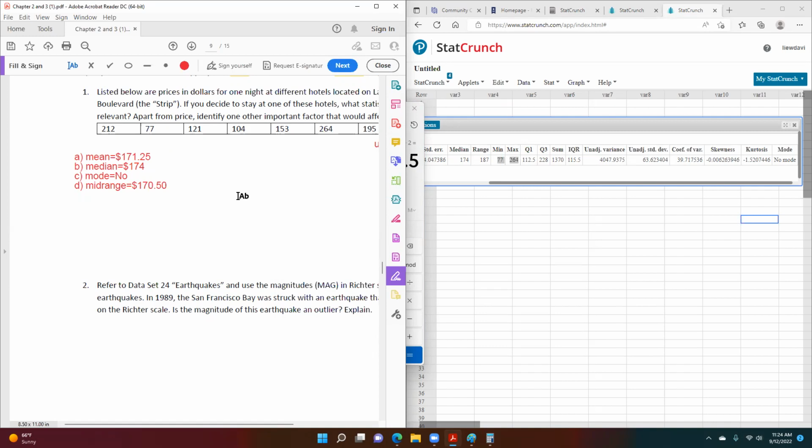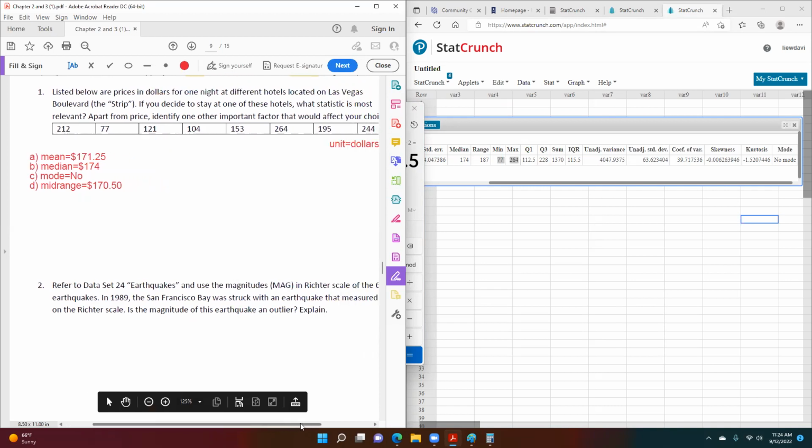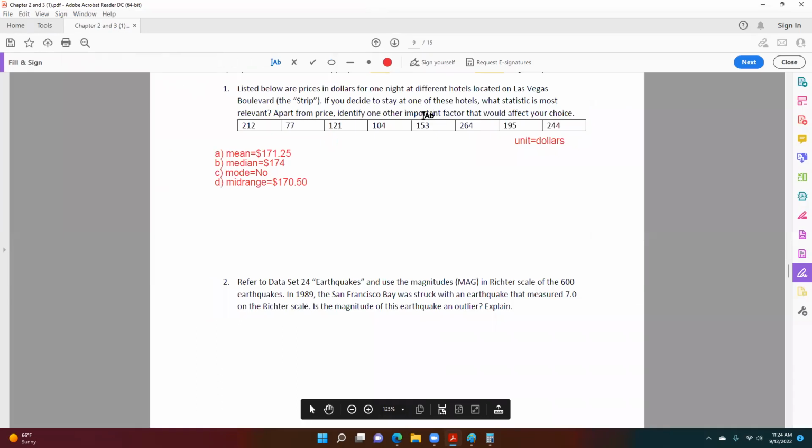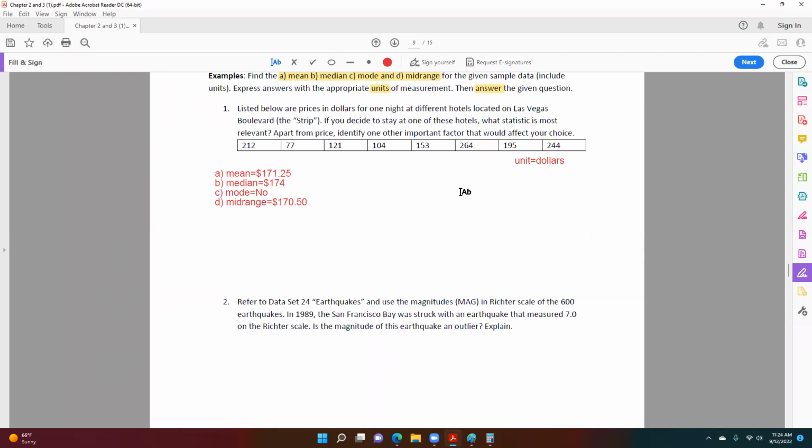And now the question is asking, if you decided to stay at one of these hotels, which one of these 4 statistics, or 4 measures of center that we use here, is going to be most relevant? Now, I just want to point out to you guys, in statistics, if this kind of question came out in your test or your homework, there is no right or wrong answer